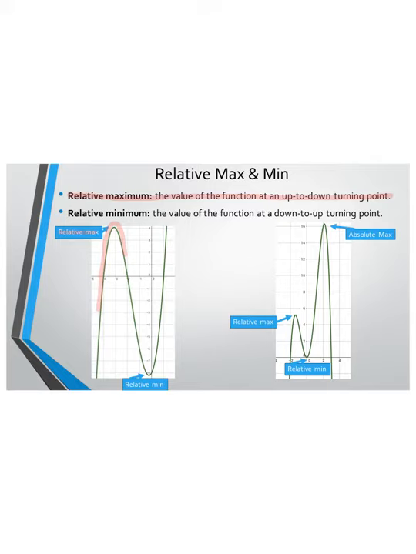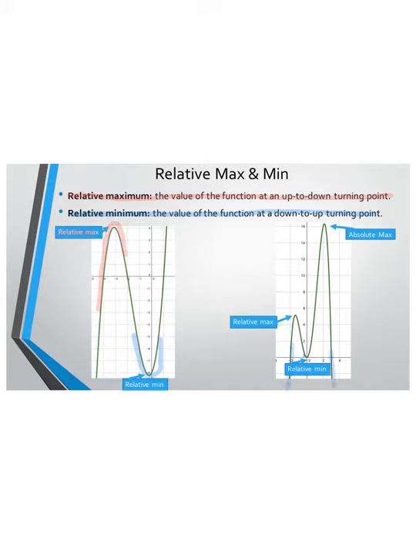A relative minimum is the value of the function at a down to up turning point. So if we're going down and we turn back to up, this point where this occurs is called the relative minimum. Now, occasionally we will have, if we look at the picture on the right, we'll notice we have both